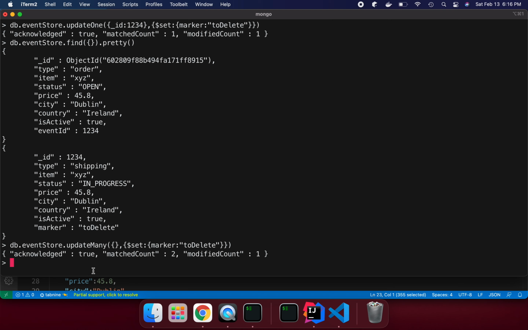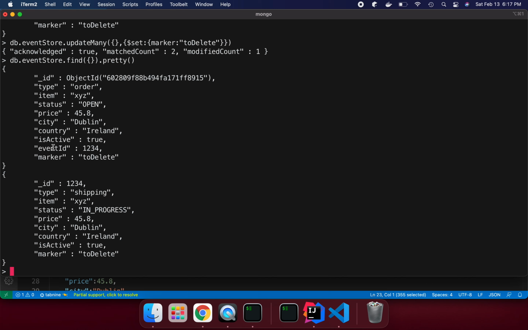So we can see it matched all the documents available in this collection, and it's trying to add a field, or if it is available then modify it. So matched count 2, but modified count only 1, because we already added it previously. That's why it's not modified again. If I look, in both documents we can see the marker is available.